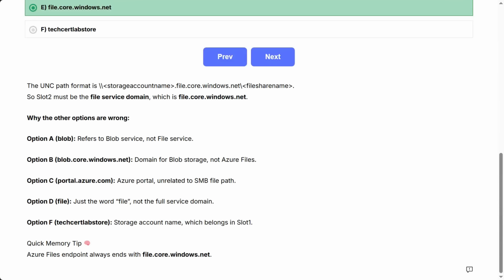file.core.windows.net, file share name. So slot 2 must be the file service domain, which is file.core.windows.net. Why the other options are wrong. Option A, Blob, refers to the blob service, not the file service. Option B, blob.core.windows.net, is the domain for blob storage, not Azure Files. Option C,